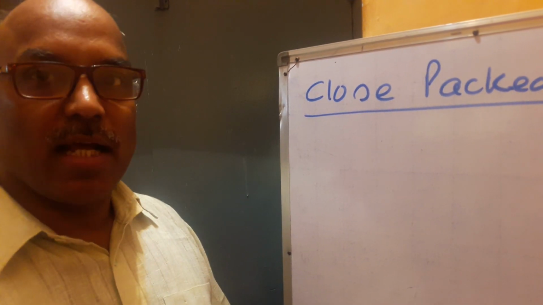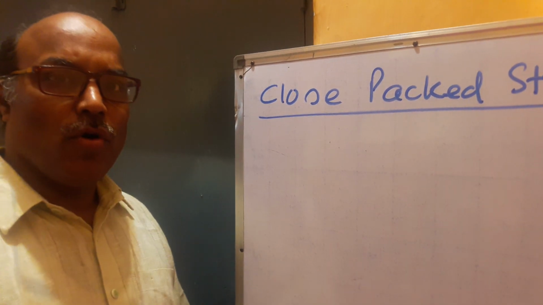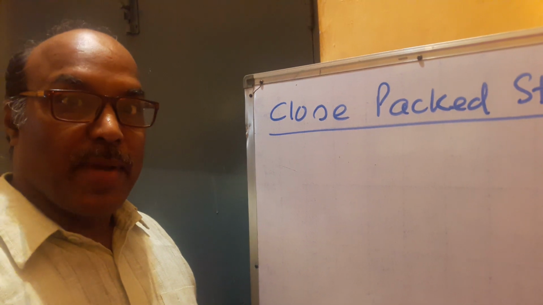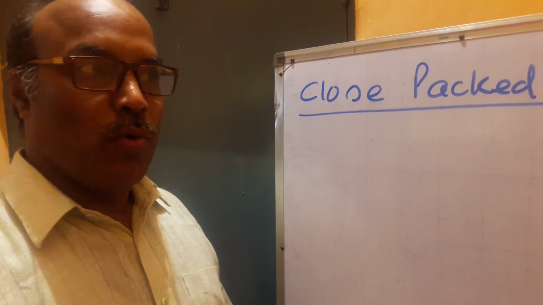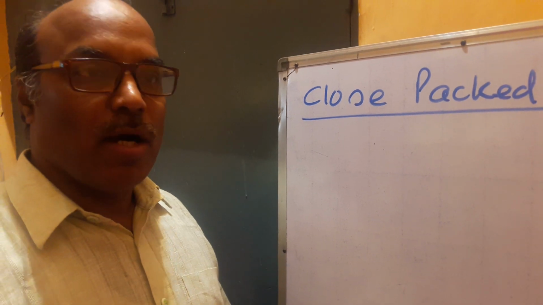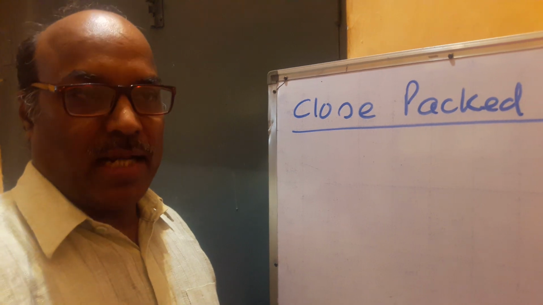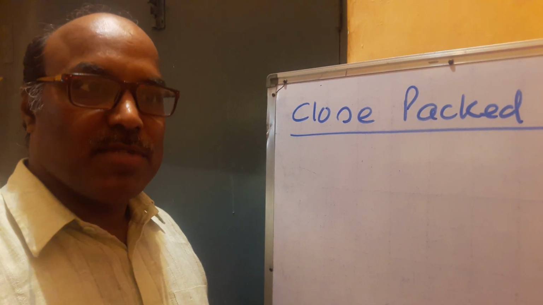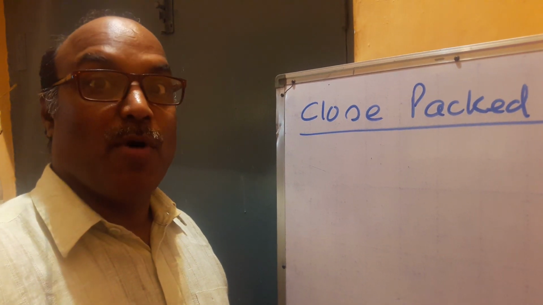Welcome to this class, which is called close packed structure. Solids have more space occupied by the points and less space remaining vacant. So today we'll discuss how the stacking of atoms, molecules or ions takes place in ionic compounds, metallic solids or molecular solids, so that they occupy maximum space and leave minimum space. We will also discuss the different types of voids.